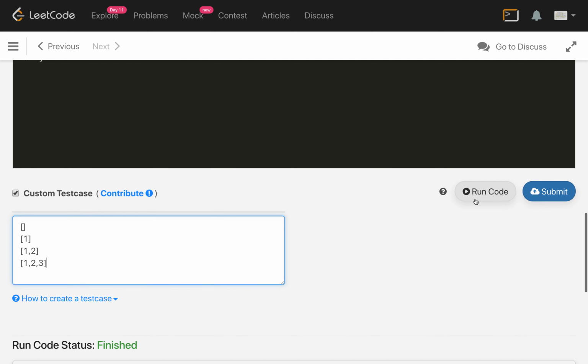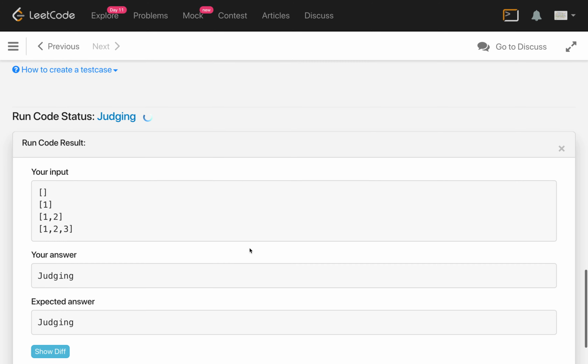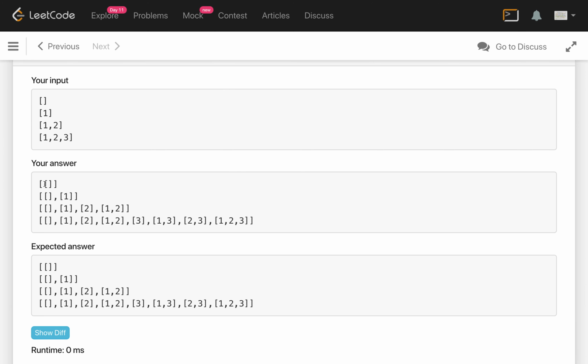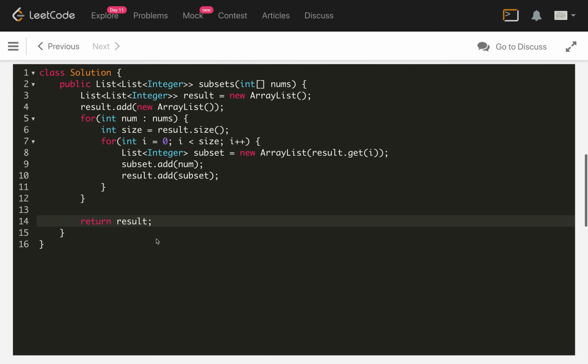Okay. So let's run our custom test cases. I will show you the steps of how we follow, I explained the same way. So initially this is an empty subset. Then we took the empty subset in the result array and added 1 into that, and the result already had the empty subset. So we got 2 subsets. Now we took these 2 subsets already there, and then we chose the empty subset, added 2, and then 1 and 2 in the subset. So this way it is forming. So this is a simple BFS solution.